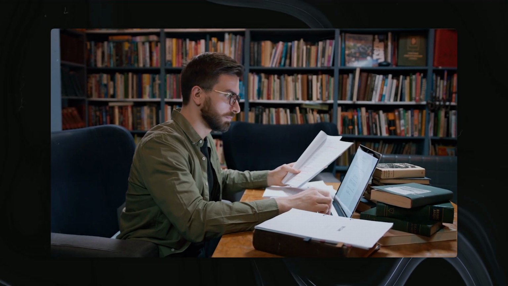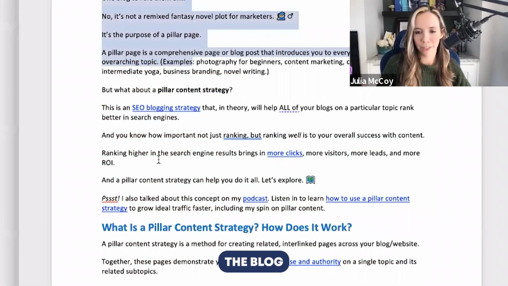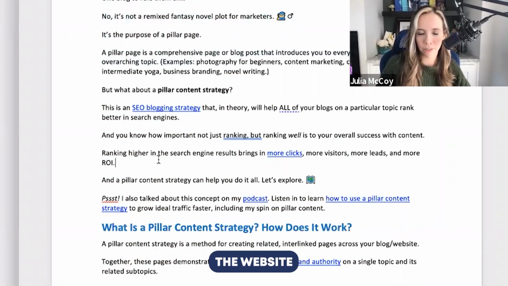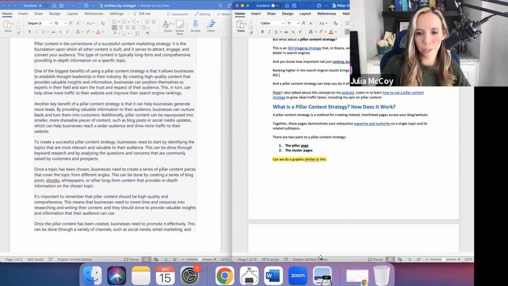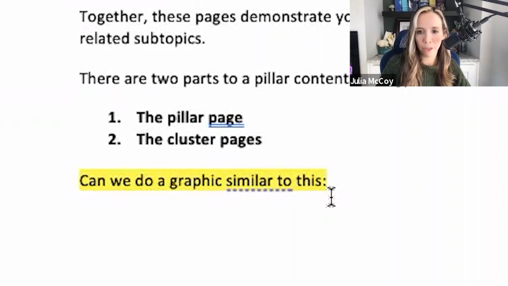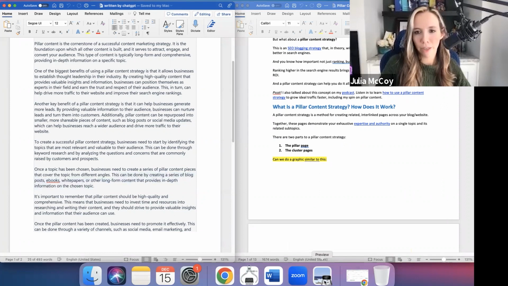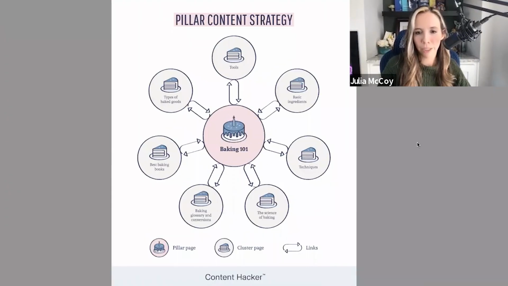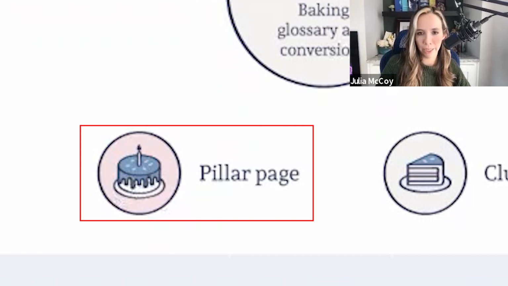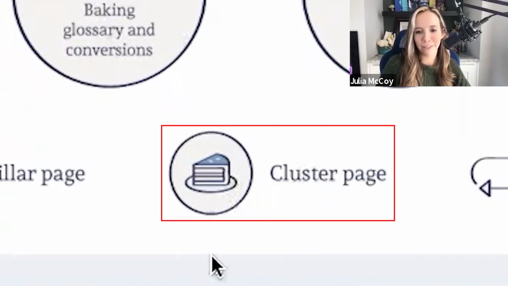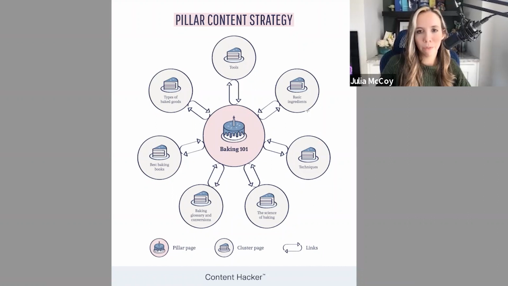Pillar content is most often associated with the blog, the website. So pillar pages, cluster pages, and related content to that. Whenever we're describing it, we're going to be very specific about that. We're not going to just conglomerate formats, and we're going to create a really cool visual that explains this, right? We've color coded the pillar page in pink, and the cluster pages are this cream color. This is a really good way we've showed people that you can have one amazing page on your site, and then that page links to a whole bunch of different pages about the same thing, but more specific.